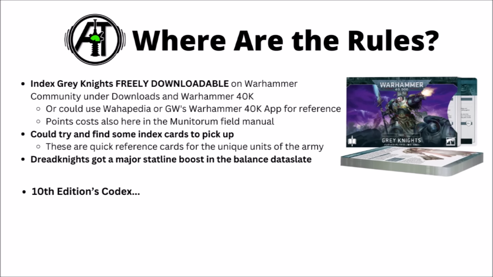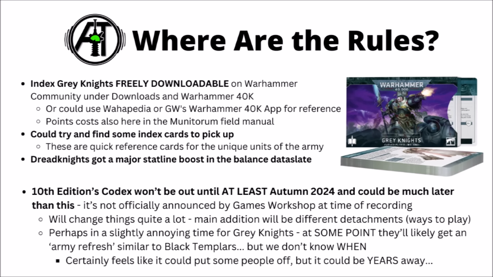Games Workshop improved them in the balanced data slate, giving them better weapon skill and harder hitting side cannons. The biggest development for Grey Knights in 10th edition will be when their Codex comes out. Currently we don't know when that's going to be, though Games Workshop will announce it a fair bit ahead of time most likely. The 10th Codex won't be out until at least autumn 2024 and could be a fair bit later than this if they're unlucky, but in general it should shake up the faction a bit and add a